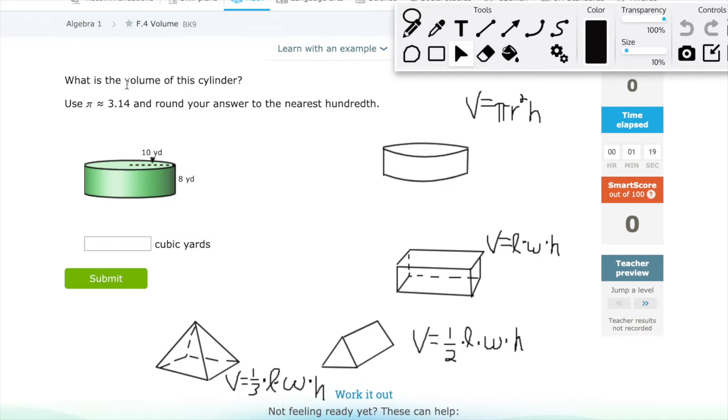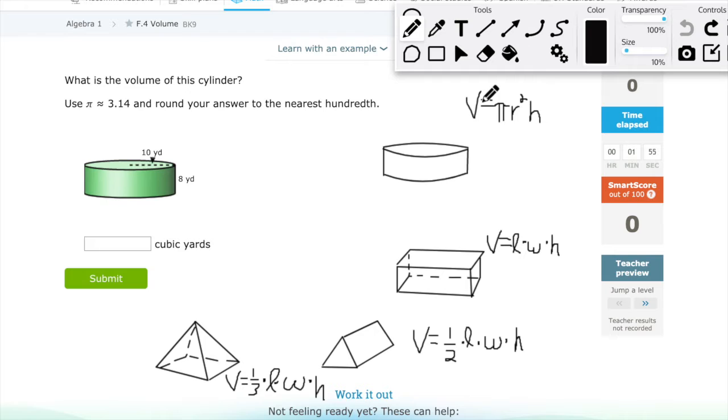So for this one, it wants to know the volume of the cylinder in the green here. It says use pi is roughly equal to 3.14. So you can just type that in if you're using the calculator and round your answer to the nearest hundredth. So for hundredth, that's 2 decimal places is basically what you can think of. Okay, so we need to figure out which of these to use based on my picture. Even though it's a little iffy, you can tell that we're going with this one here, and we have our